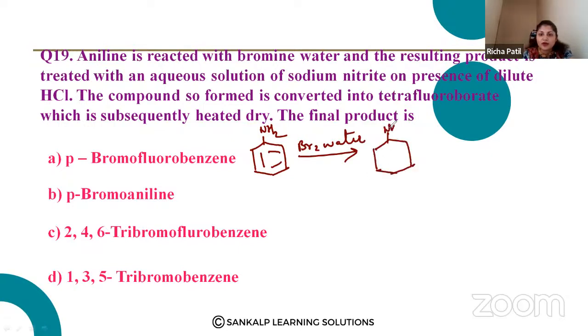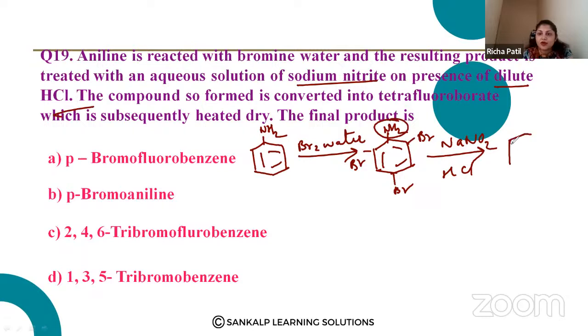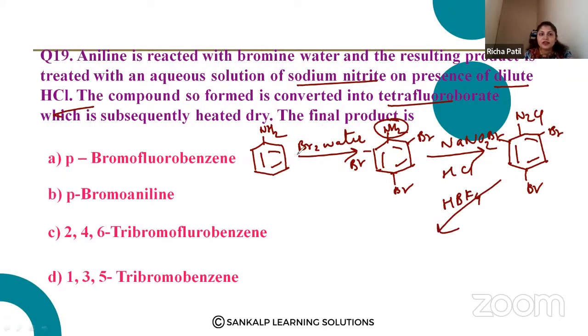Bromine water, you know what product is formed? It will form 2,4,6-tribromoaniline. This resulting product is treated with sodium nitrite, NaNO2, in the presence of dilute HCl. The remaining things here will be the same, so this becomes N2Cl. This is further treated with tetrafluoroboric acid, HBF4, in the presence of HCl. So this forms your